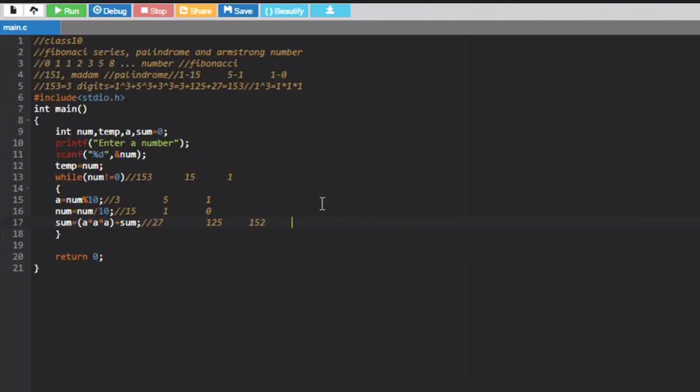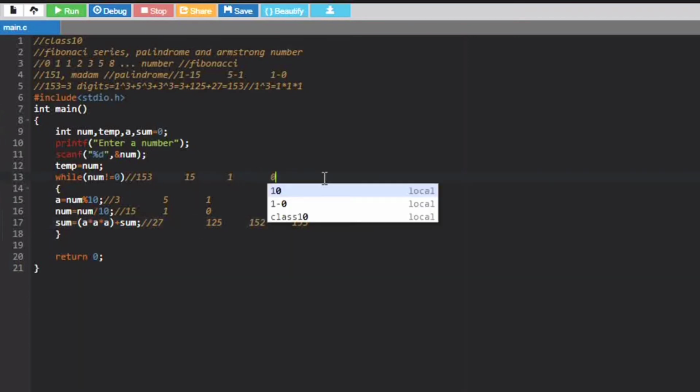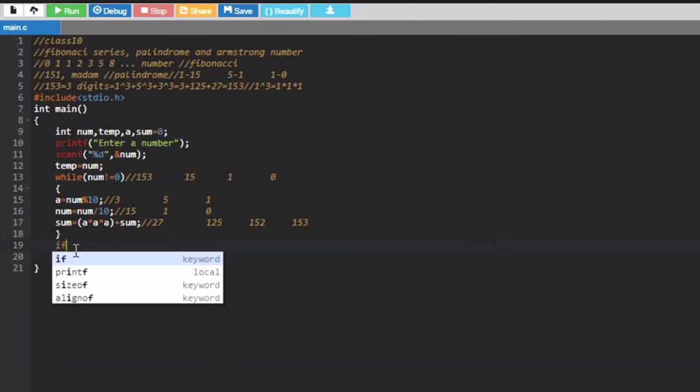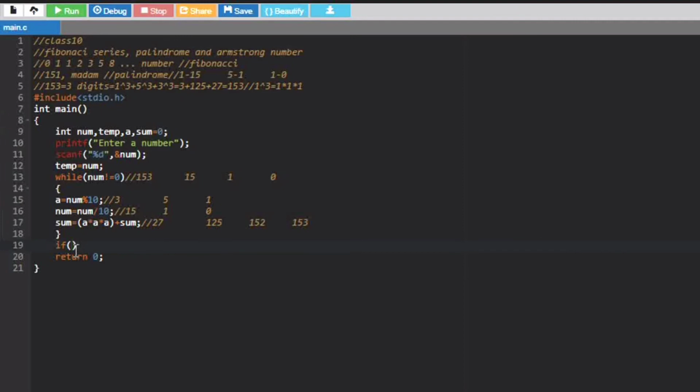So 152 plus 1 would give you 153 as the answer, which would be stored in our sum variable. And when this repeats again, this num has been set to 0. So 0 not equals to 0 is going to be false, and it is going to come out of the loop. And now we would be having our if condition.